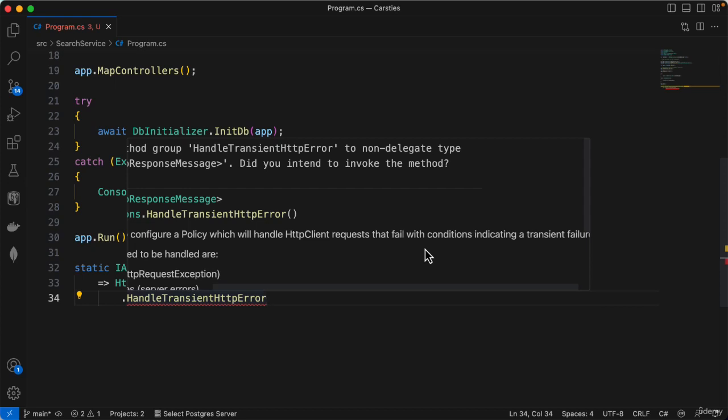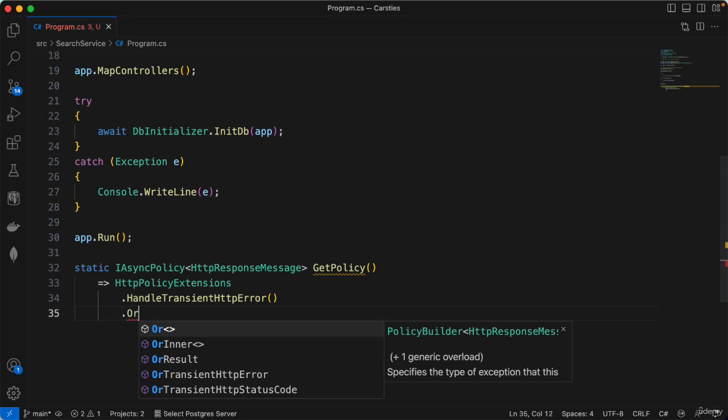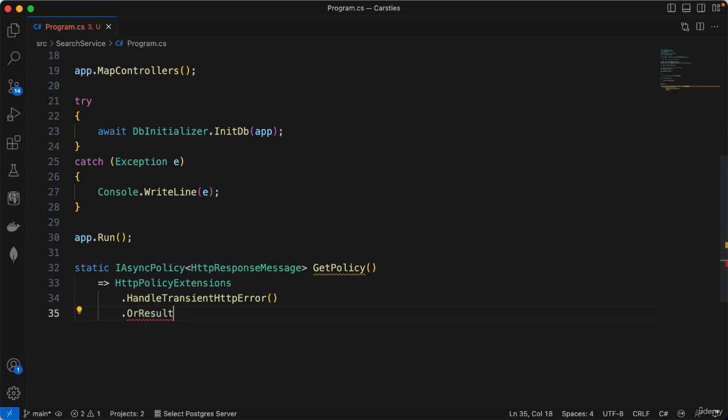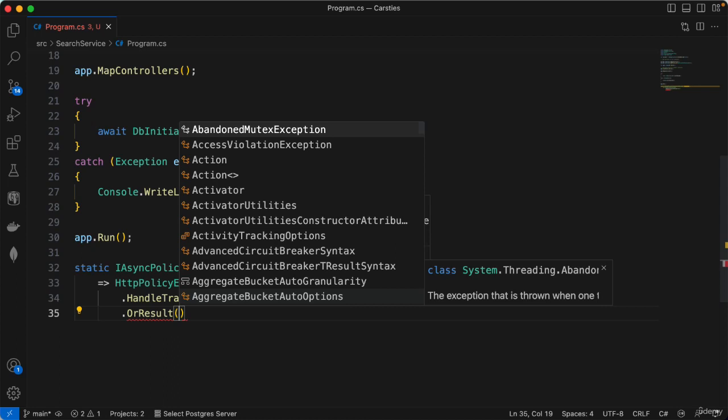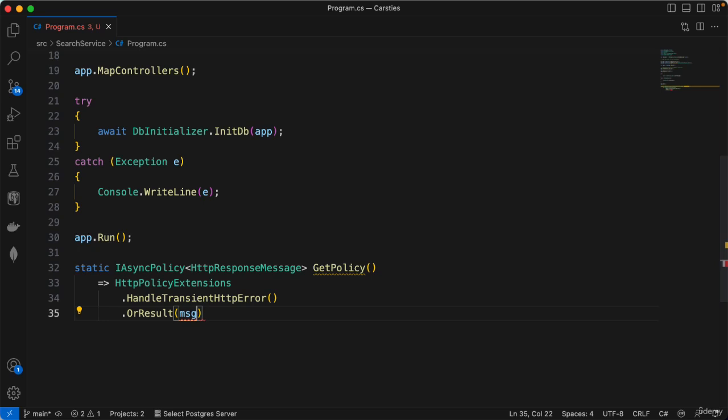For example, if we were trying to get something that returns a null reference exception, that's always going to be a null reference exception unless something changes in the code. So these handle transient HTTP errors. If we get a connection refused, such as we did, then this is going to handle that type of error. We can also handle other types of results as well that are not exceptions, and we could say, for example, and this isn't going to do anything for us, but I'm just putting it in here as a simple example. We could say that we also want to handle, and let's say message goes to